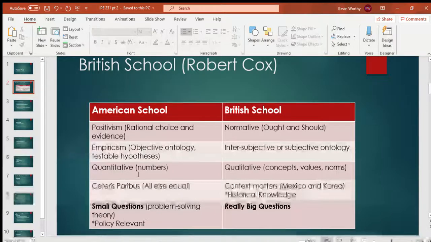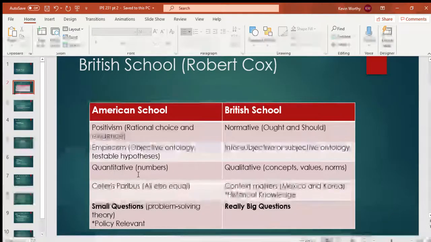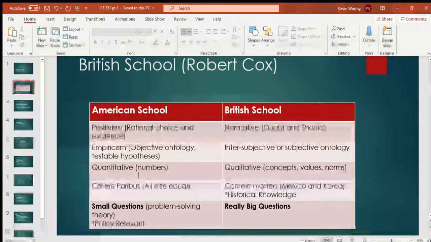The historical knowledge matters. The other part is some of you might see why it is unacceptable to compare them, right? A British school would say, okay, are you comparing Mexico and Korea? But what about the difference between Mexico and Korea, right? Korea is next to China. China is very isolationist, has been very isolationist, is not intervening as much. Mexico is close to the United States, right? It has a lot of involvement with the US, and the US behavior is different from the Chinese behavior.